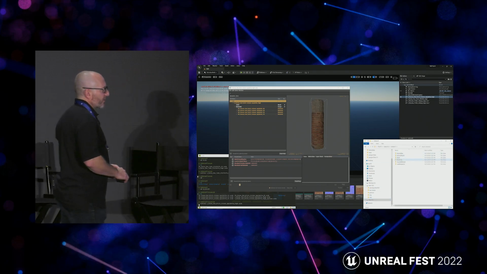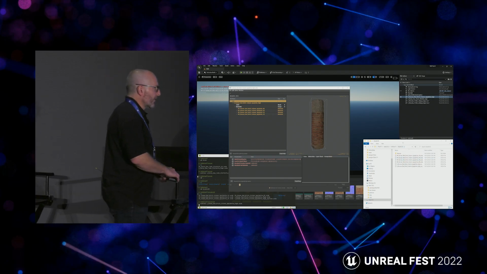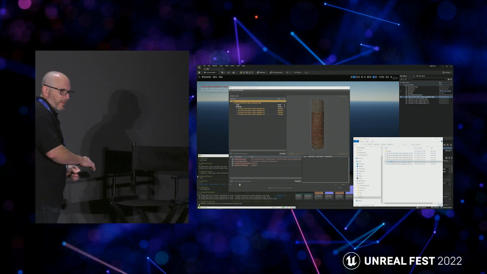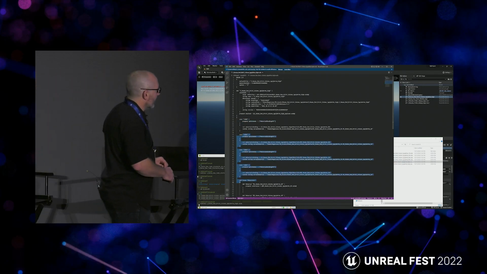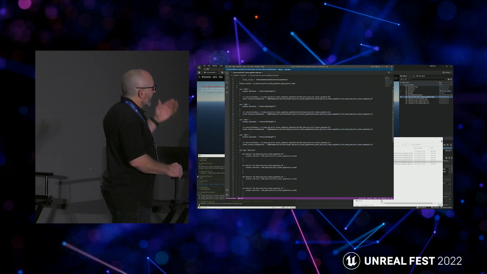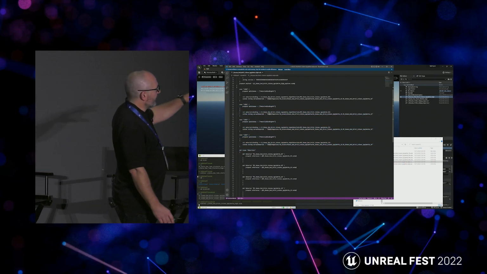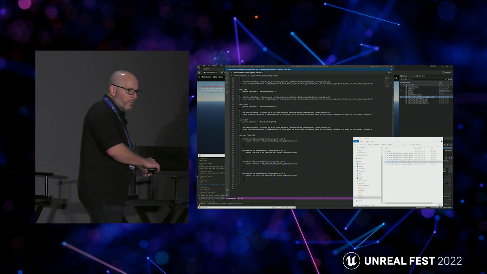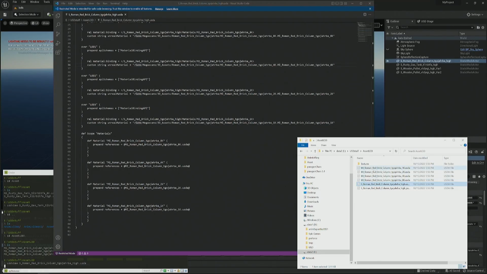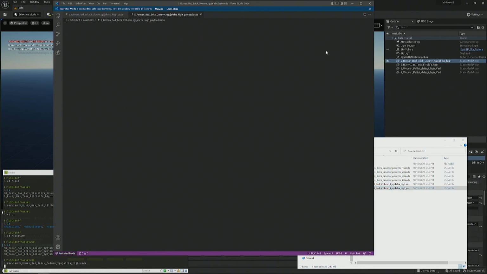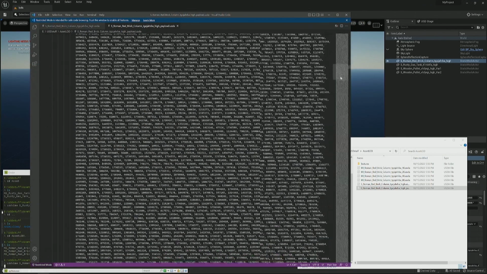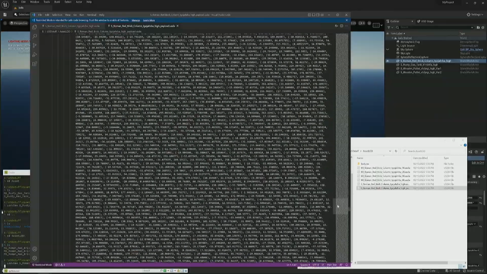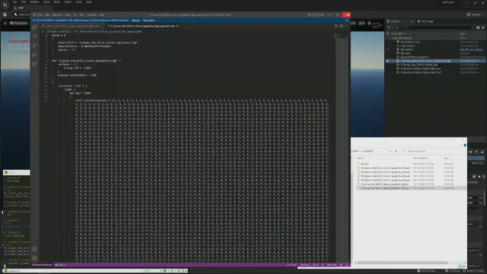But again, going in just quickly, doing a look at the structure. Obviously, it's writing out more files. There is a payload file. The payload file has the geometry for all the LODs. And then again here, this is the material. You see there's a custom string, Unreal material. So when we export out an asset, we will put the Unreal material as metadata on the USD asset. And when we bring it back in, I'll show it in a second, you can switch between that and the textures. So there's the payload, which is a giant ASCII file.